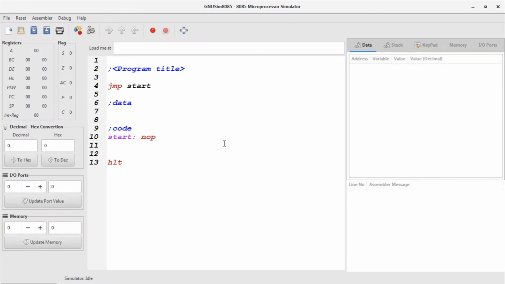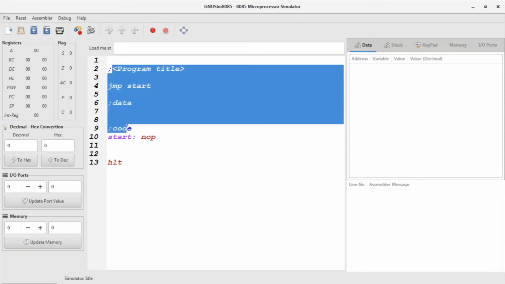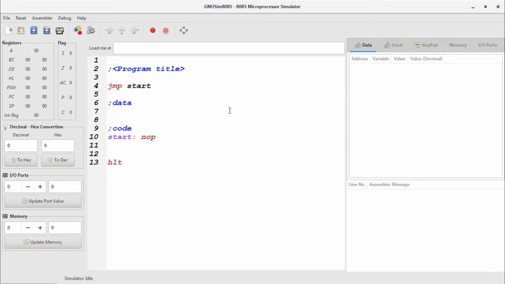When you first open the simulator by double clicking on the desktop icon, it will open like this. In this part you will be writing your code, and as we discussed earlier, here you can see the registers. The different programmable registers of the 8085 are shown in this panel at the left upper corner.